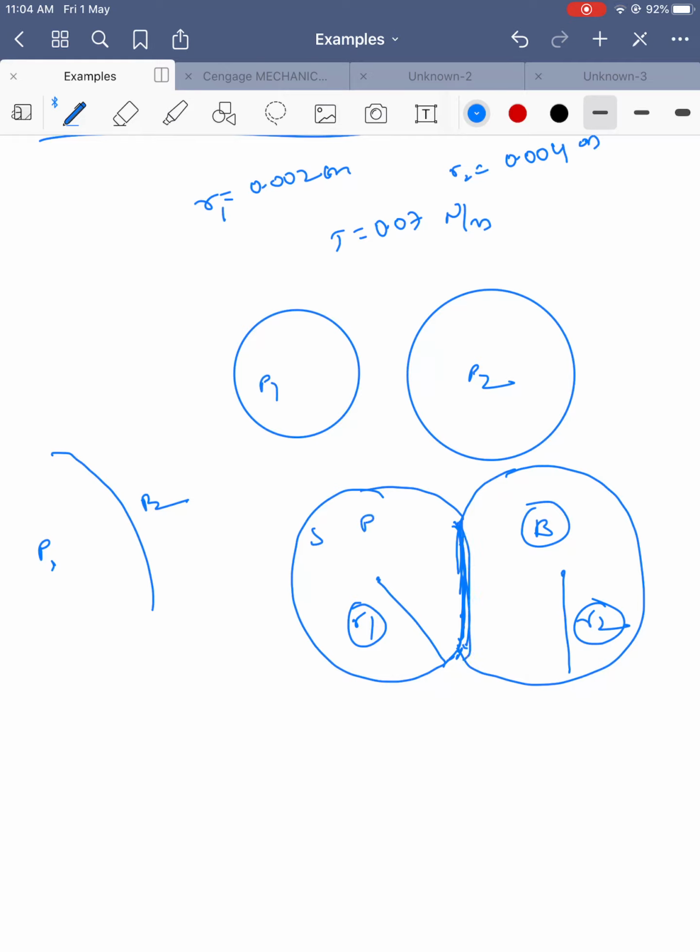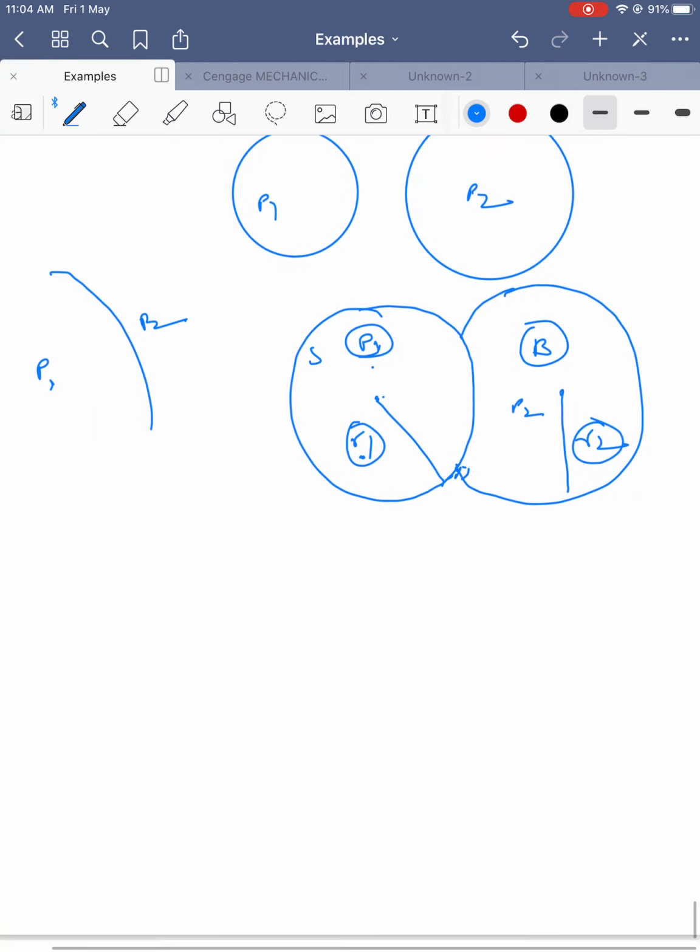See here, does P1 have more pressure or does P2 have more pressure? P1 has more pressure. Why? Because the radius is small. So the curvature will bend like this. Somewhere, I am assuming the radius of this curvature. I think you are not understanding this part. See, the internal surface will be a little bit like this, because P1 has more pressure than P2. We don't know how much the radius of this is.